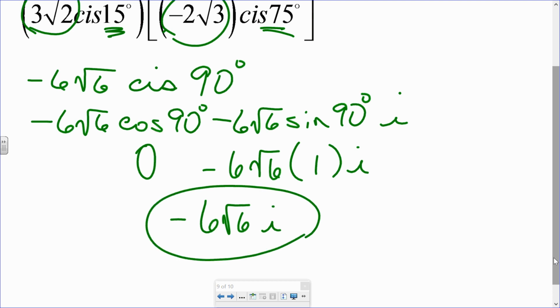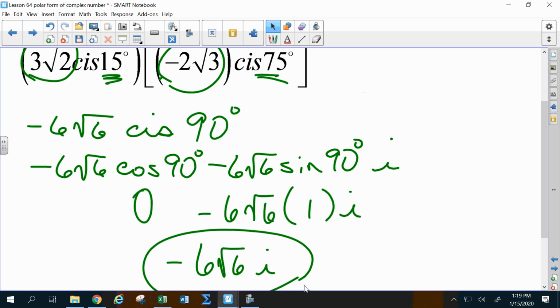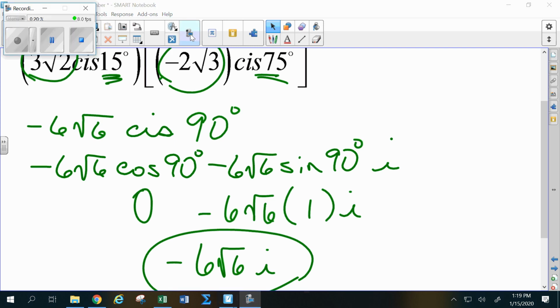So we've done a lot, but it really hasn't been that hard because it's mostly been stuff that you have already done before. Just to make sure that we get all of